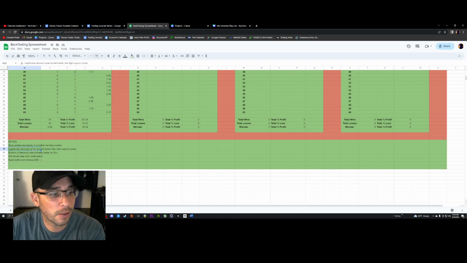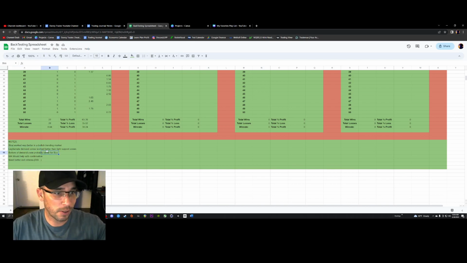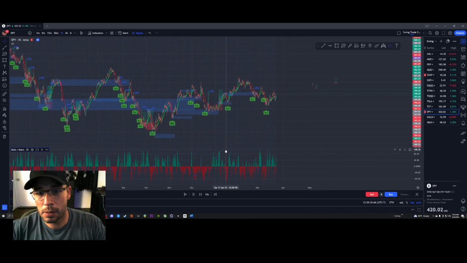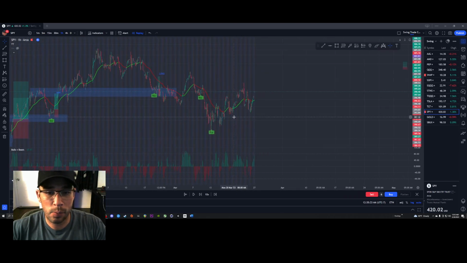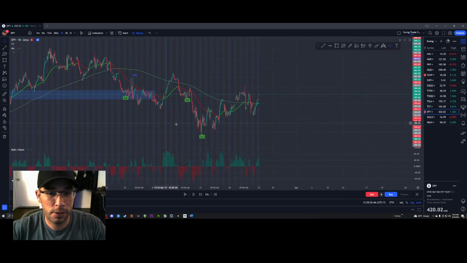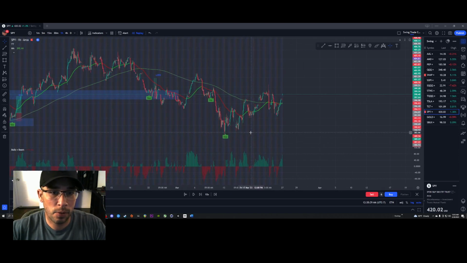And then I also noticed that legitimate demand zones worked better than light support zones. It was very difficult for me to just not take a trade in this practice session. Just like, oh, I can kind of see a support zone there, these little piddly support zones, but no, the big demand zones where there was a lot of sharp movement up and out of them, those definitely worked better. And also, let me show an example here on one of these last ones. If we had a moving average turned on, which I did not for this testing, it would give us a little bit more insight,